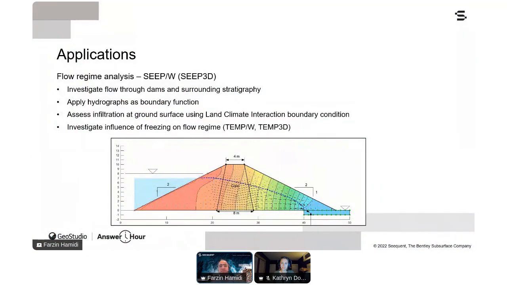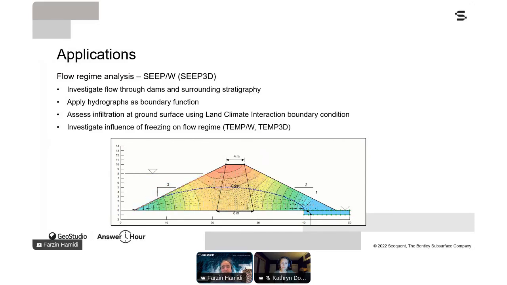So GeoStudio SEEP/W modules can be used to investigate the groundwater flow regime through a dam, levees, or embankment, as well as the underlying stratigraphy. SEEP/W provides flexible boundary condition definition so that a function representing the river hydrograph or dam reservoir water level over time can be applied to external nodes on the domain.